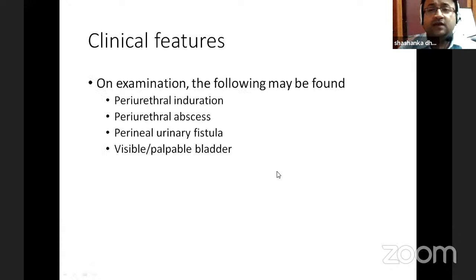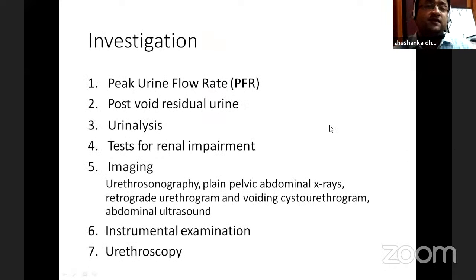On examination, sometimes there may be induration, the palpation of an abscess, there may be the presence of a fistula, or there may be chronic retention with a visible bladder. Okay, investigations: the peak flow rate done on a uroflowmetry, a post-void residual urine, which can be measured with ultrasound, urine analysis, renal function test, imaging,